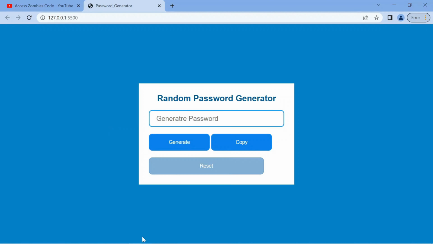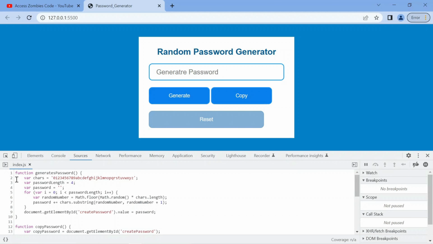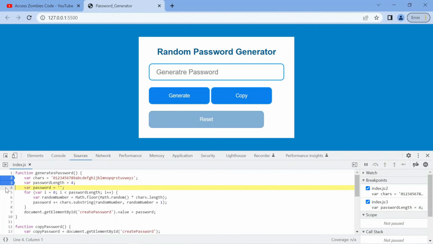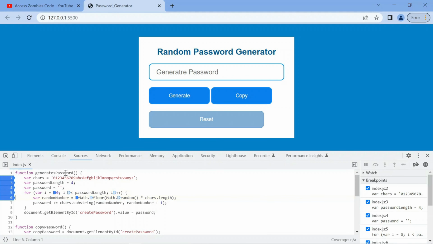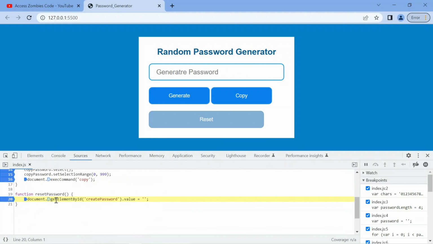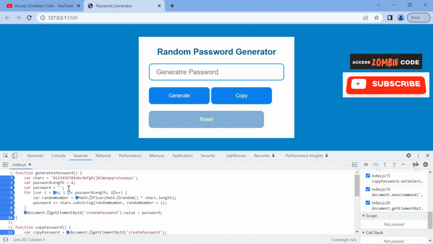For that, I have to go there to inspect, and here inside my file, inside this JavaScript file, this button will be called. Then this function generate password will be called. I put my debug point and also I'm putting the debug point for the copy and reset password. So first, if a user clicks this generate password button, then the generate password button will call this generate password